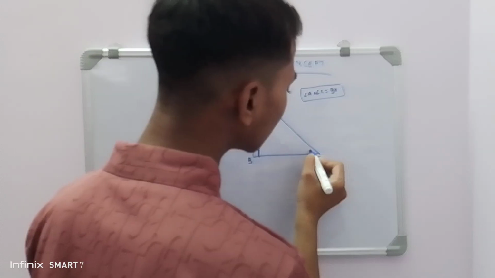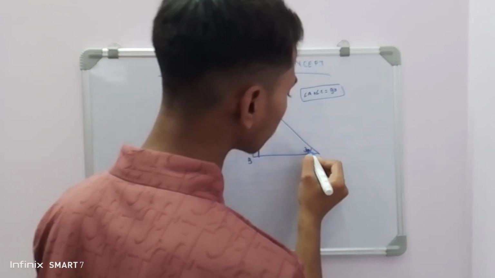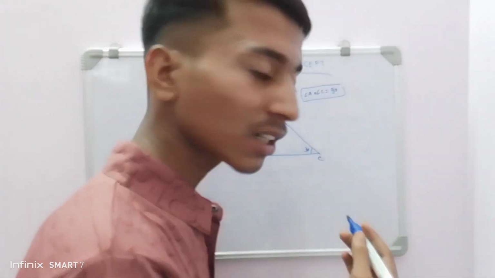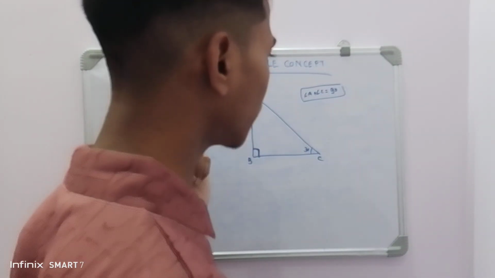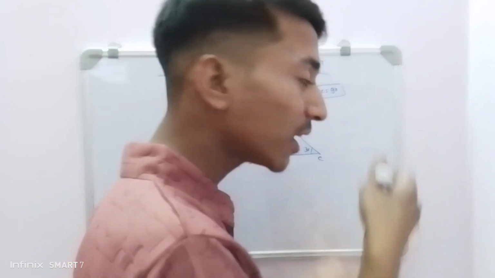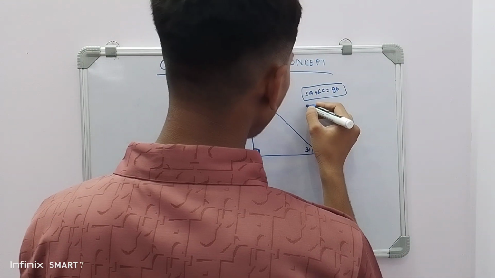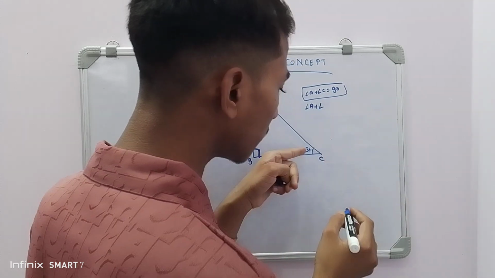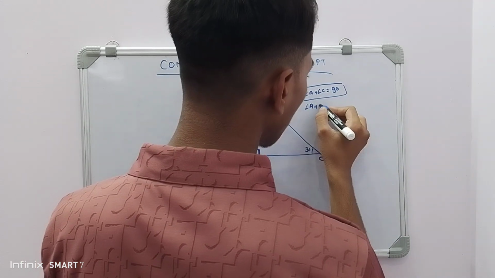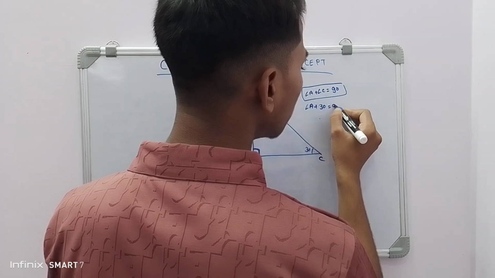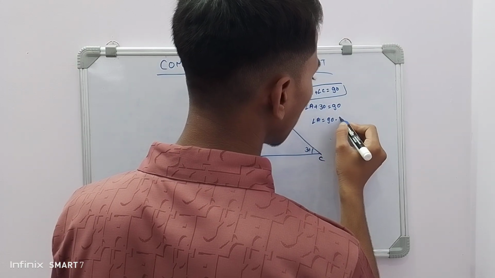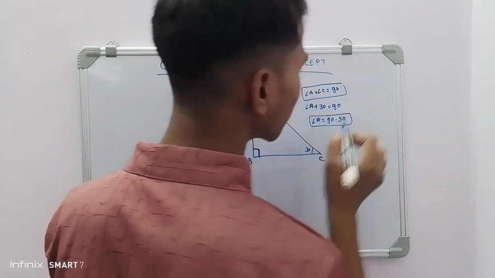Let's suppose angle C is 30 degrees. So what is going to be this other angle? You will answer that angle A is going to be 60 degrees, but understand how we get the 60 degrees. As we know, angle A plus angle C is equal to 90. So in place of angle C, we write 30 degrees as given, so it is 90 degrees. So angle A is equal to 90 minus 30, and here you get 60 degrees.